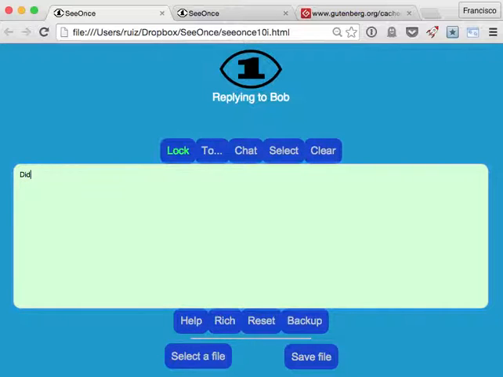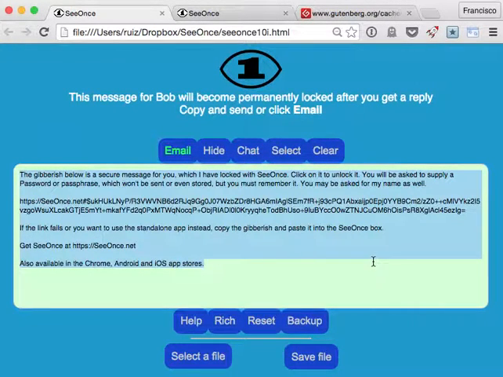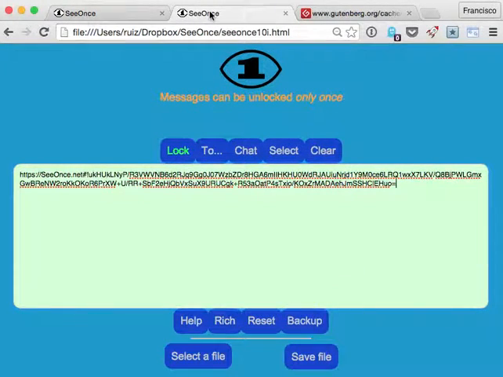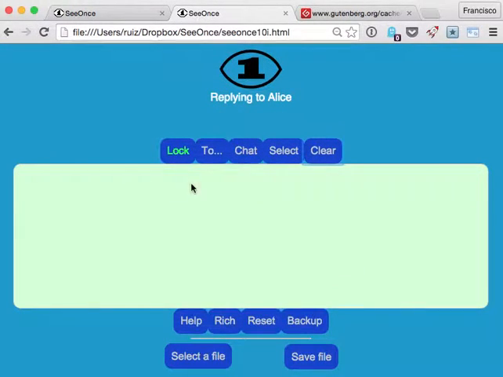Like, did you get my message? And she's going to lock it to Bob. Okay, it will work, but it's not the same as the other one. This is a special mode, a repeat mode, in which case it will become permanently locked after you get a reply. Let's again copy this and send it to Bob, and he'll paste it,